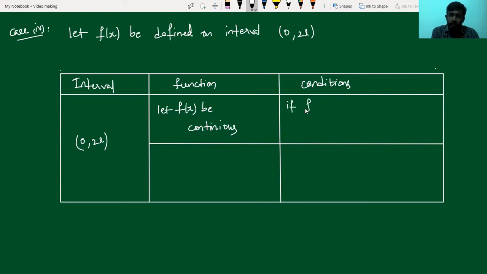If the function f of x is continuous and the interval is 0 to 2L, then the conditions will be: if f of 2L minus x is equal to f of x, then the function becomes even, and in the same way, if f of 2L minus x becomes minus of f of x, then the function will become odd. Suppose f of x is a split function,